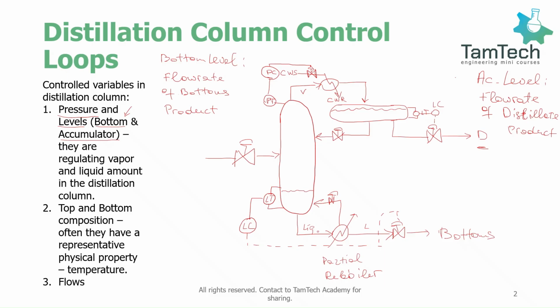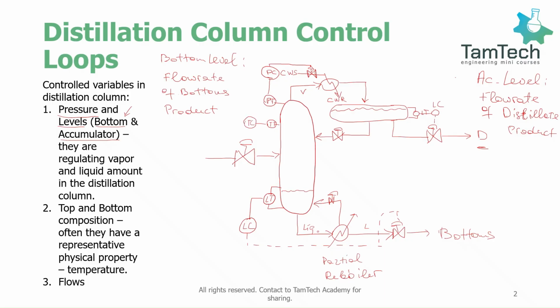In order to control the composition of the distillate, we should manipulate the temperature of the first tray that is available in our distillation column. So let's put a temperature transmitter here,